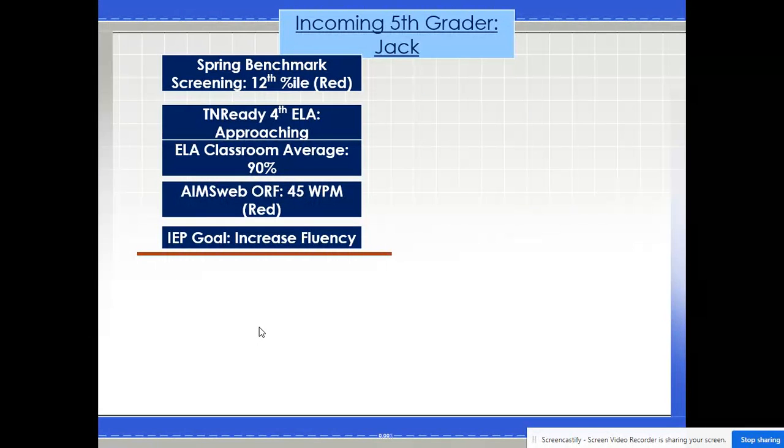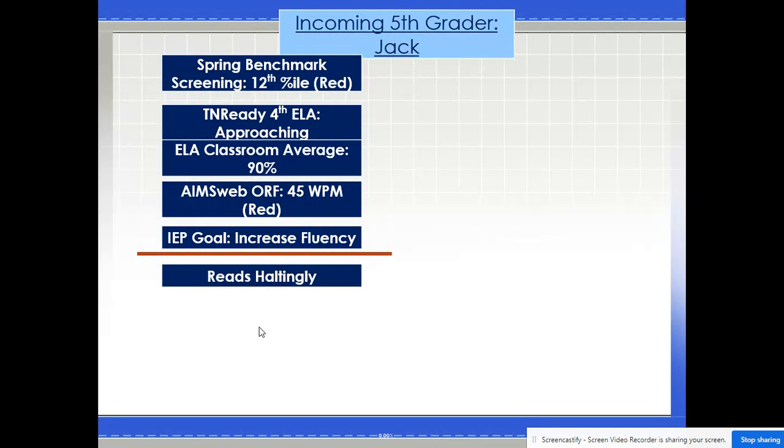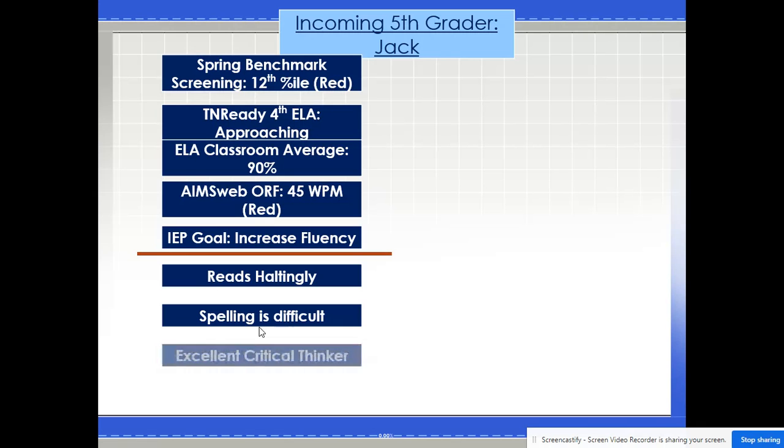We have to draw a line in the sand because we have to have more information in order to be able to help Jack. What exactly is influencing his fluency? So he reads haltingly. That means that he's reading stutter-like. It's not smooth. For him, spelling is difficult. He's an excellent critical thinker, which obviously one thing we can tell about Jack is that he has excellent critical thinking skills